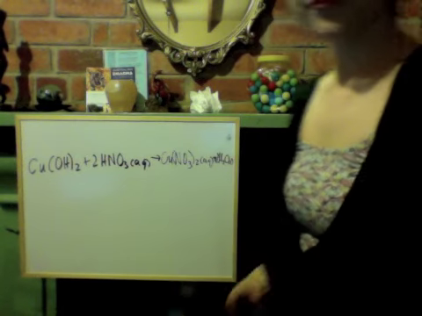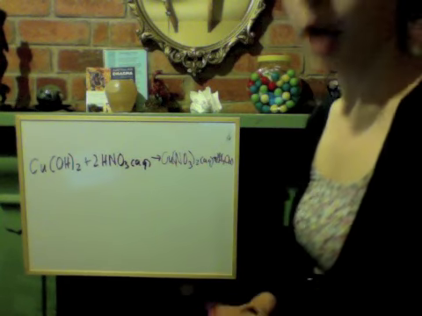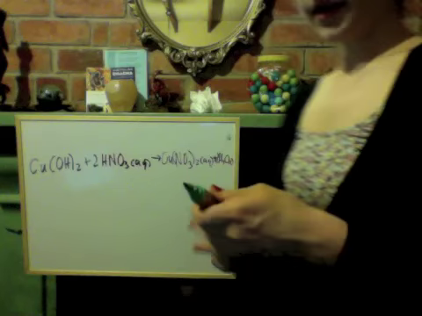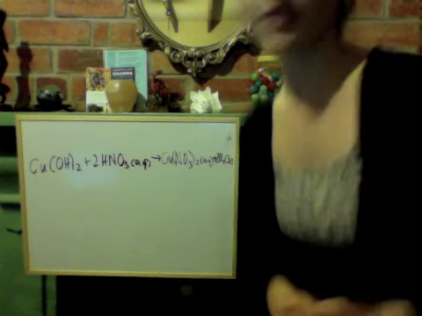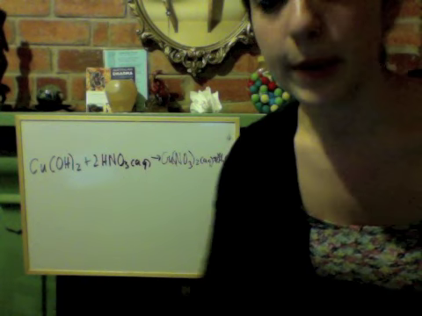So for the first reaction, we have copper hydroxide plus nitric acid makes copper nitrate plus water. Okay, let's have a look at what is being oxidized and what is being reduced. I'm going to use a different color pen. Now,